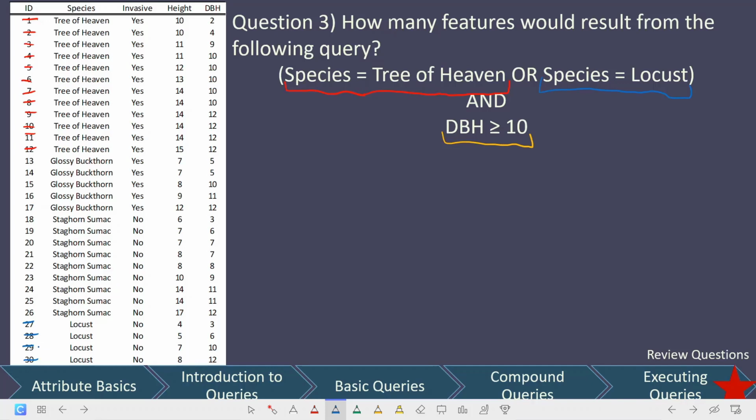So as of right now, we have 16 features. But we can't stop here because we have this other query here, diameter at breast height, or DBH, greater than or equal to 10. So that's going to grab this one, this one, this one,